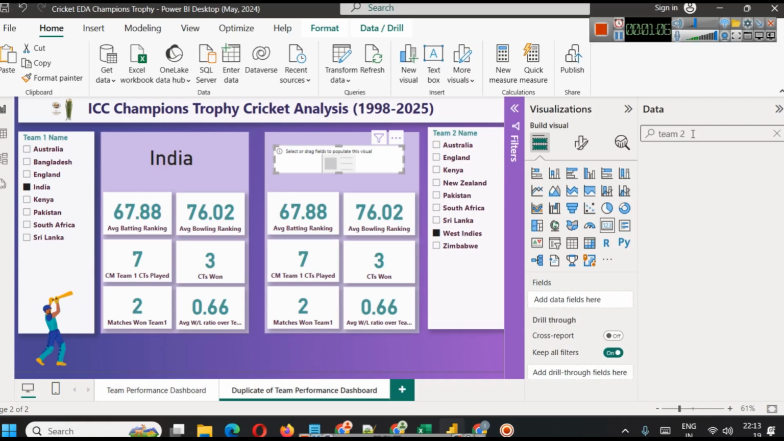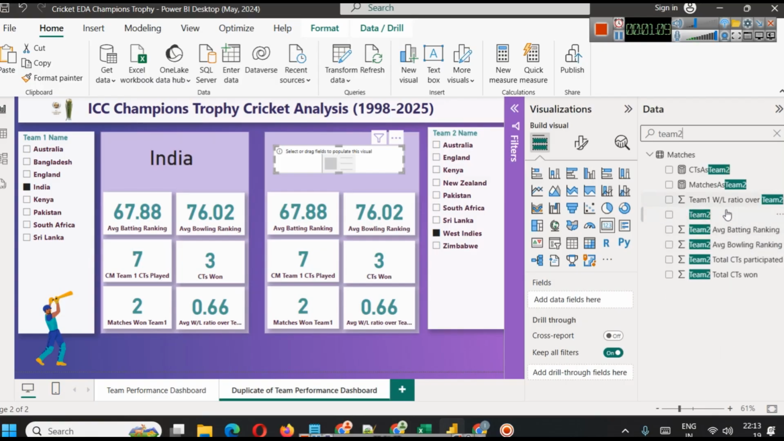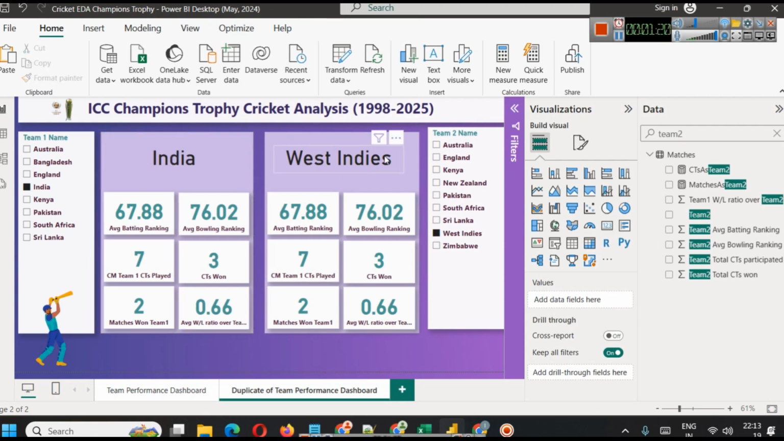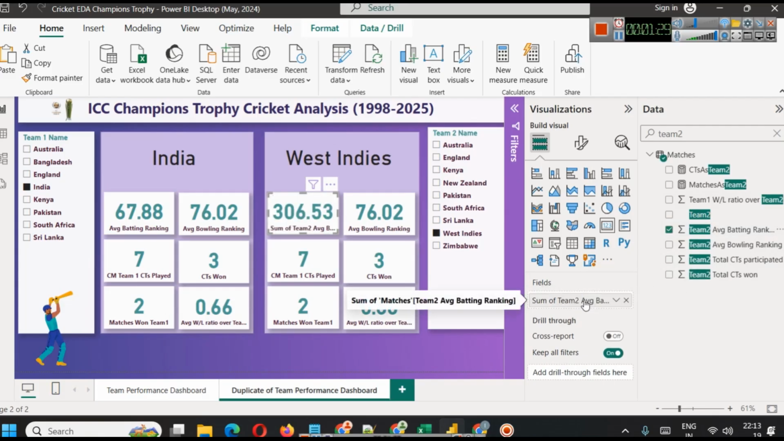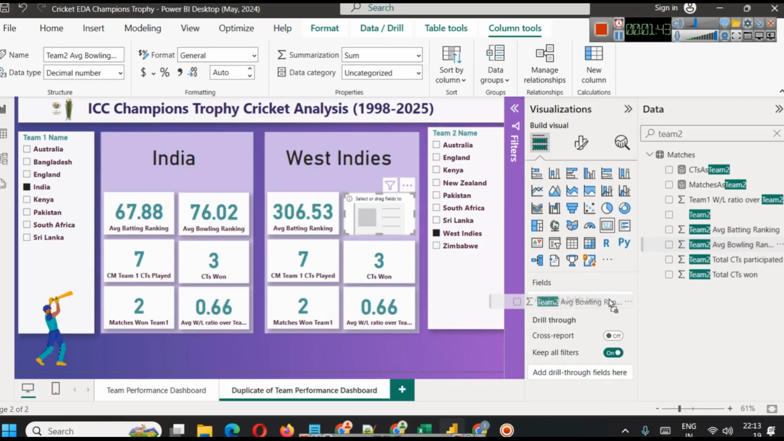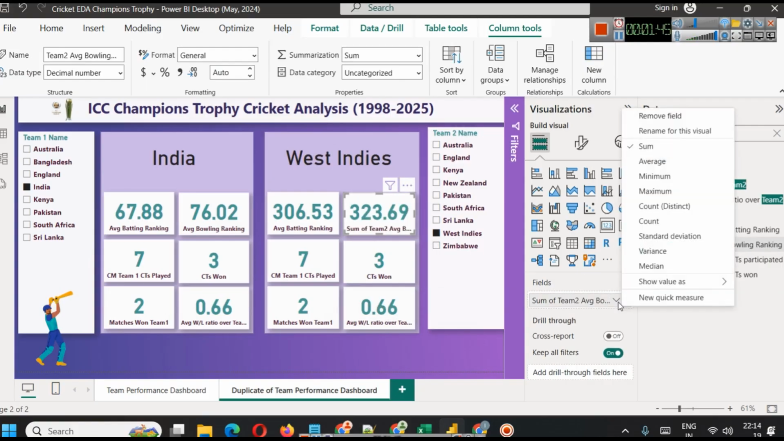Team 2. All we have to do is wherever we have team 1 we will select team 2 here. So you will see, for example, India and West Indies neck to neck, what is their performance. Now here also average batting ranking of team 1 is selected. So team 2 average batting ranking will be selected, and we will rename it as average batting ranking, right? Similarly here also is average bowling ranking, so we will choose team 2 average bowling ranking, and we will rename